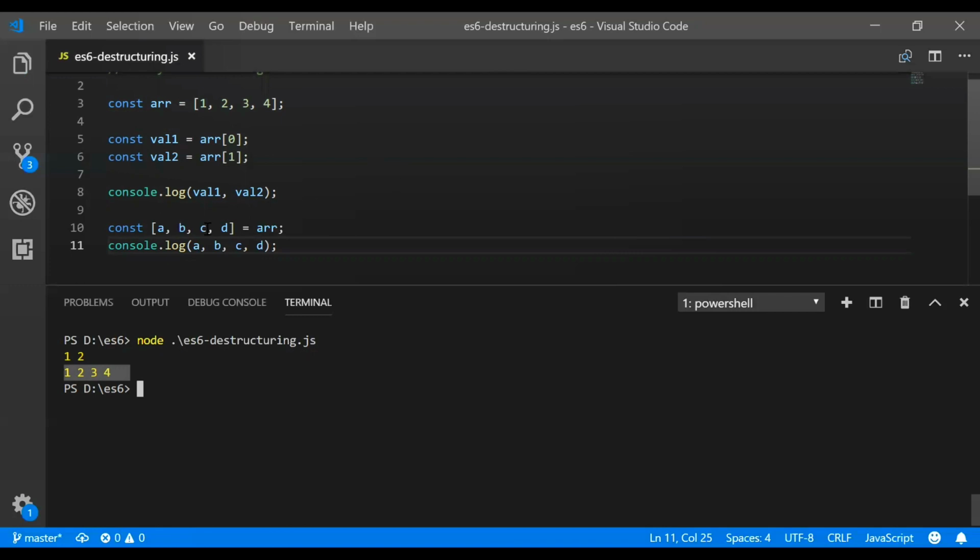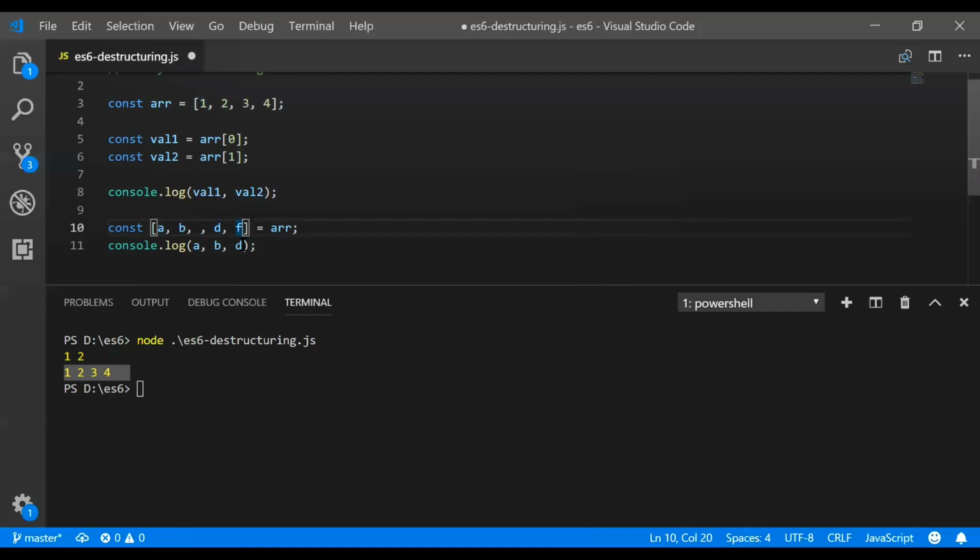So for example, if you don't want the third value of the array, you don't want to extract the third value, example C, so instead of that, you have to pass an empty space. That means if you are passing empty space, that means you don't want to get that value. Similarly, we will check if I want to have one more value F, but that doesn't have any value in the array. Array has only 4 values, right? But we want to print some 5th value, F.